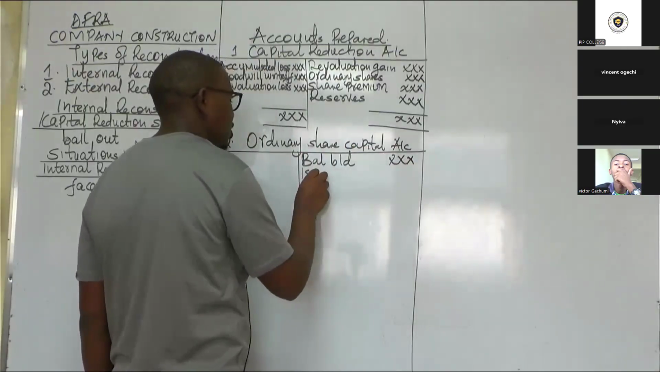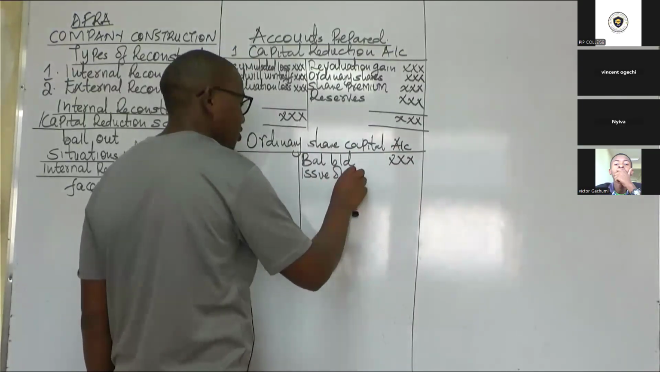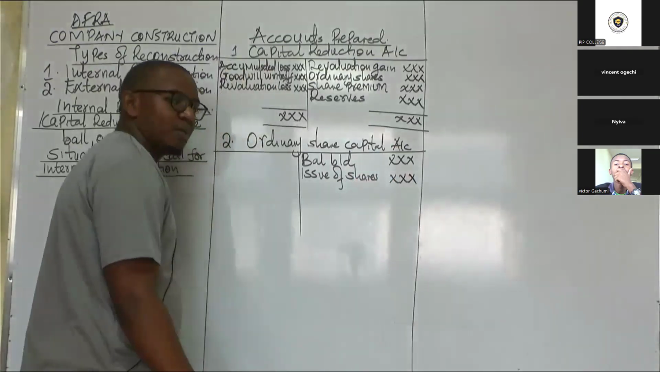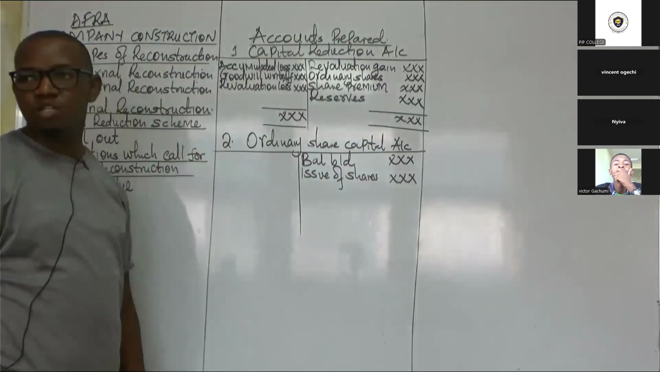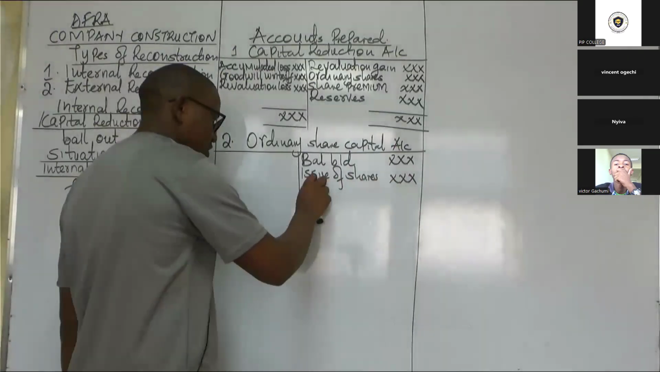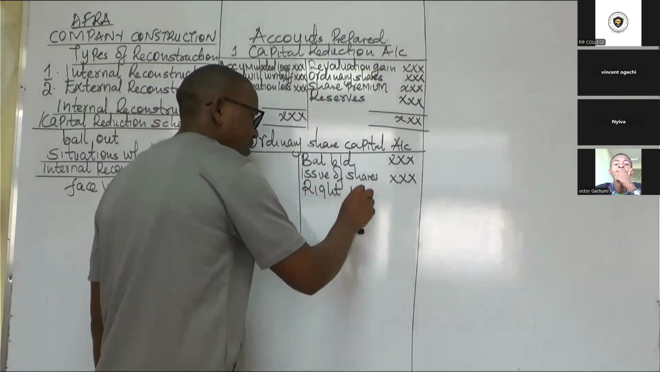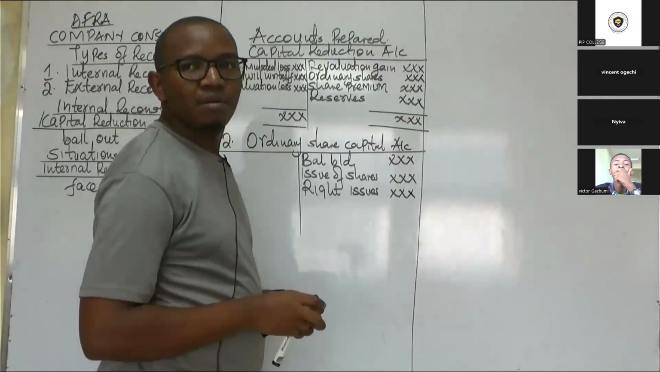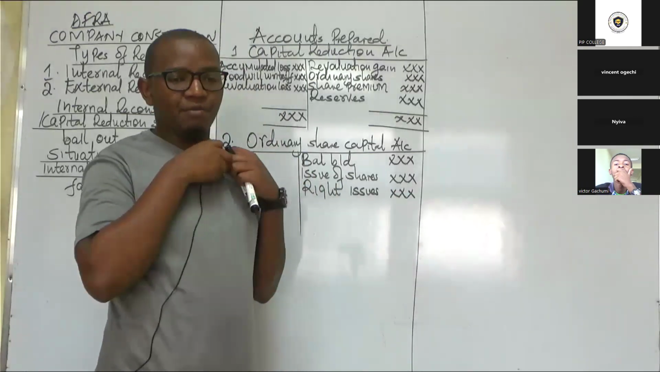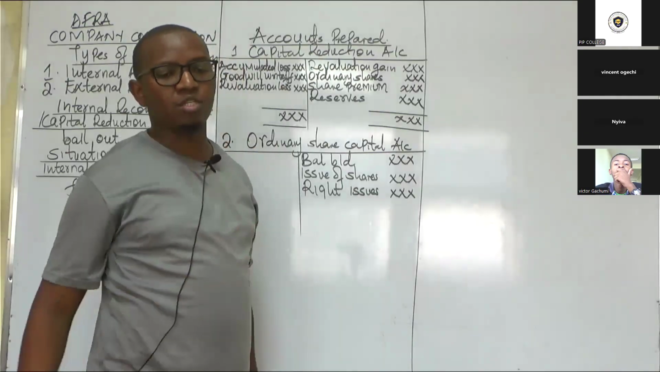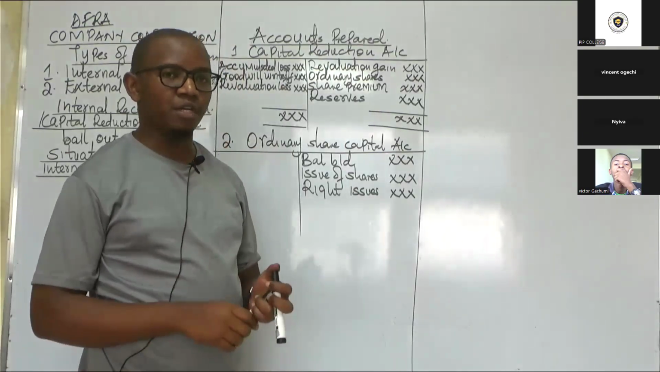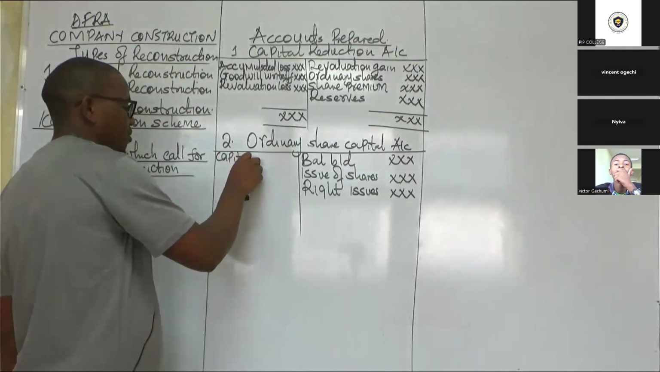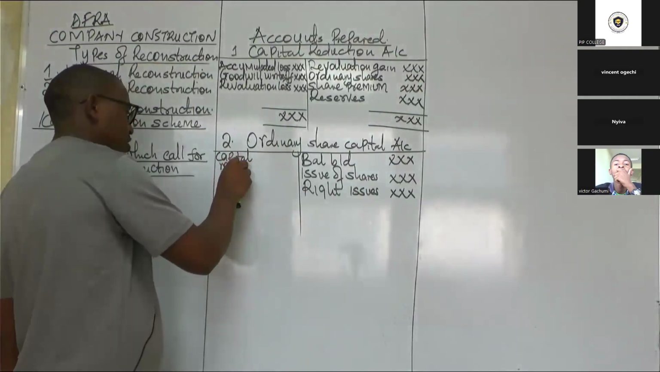If there is any issue of shares, it may be the shares that they have issued, the rights issue. Let me also write rights issue. You know what a rights issue is? This is where you issue shares at a price that is slightly below the par value, to the existing shareholders. Then if there is any capital reduction,